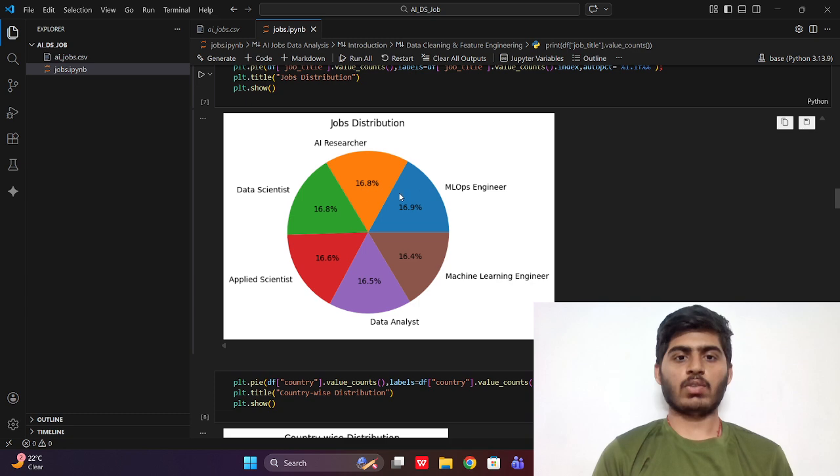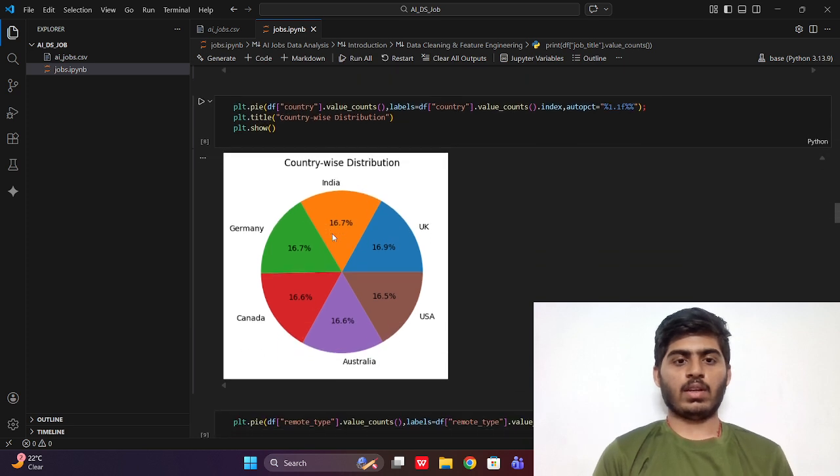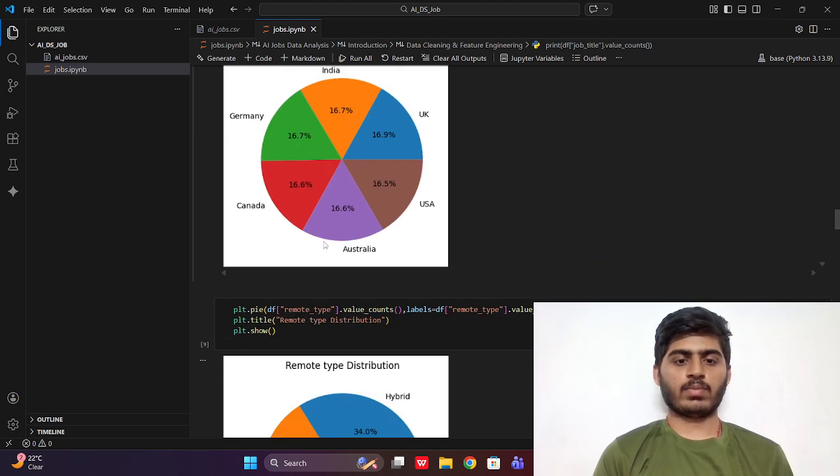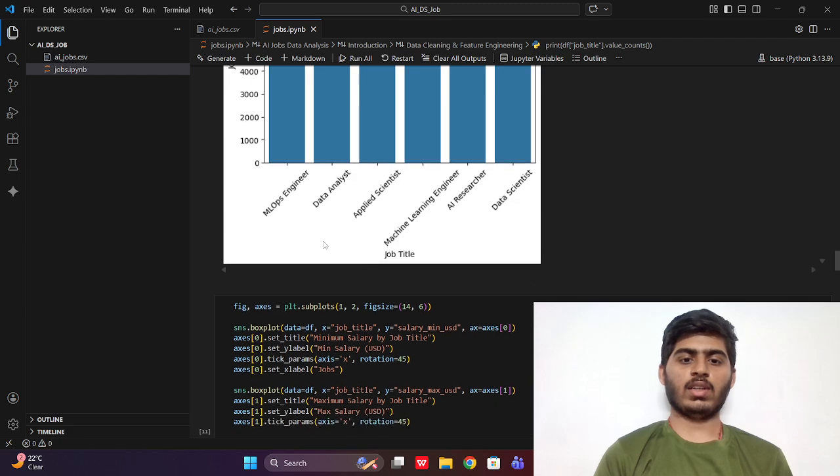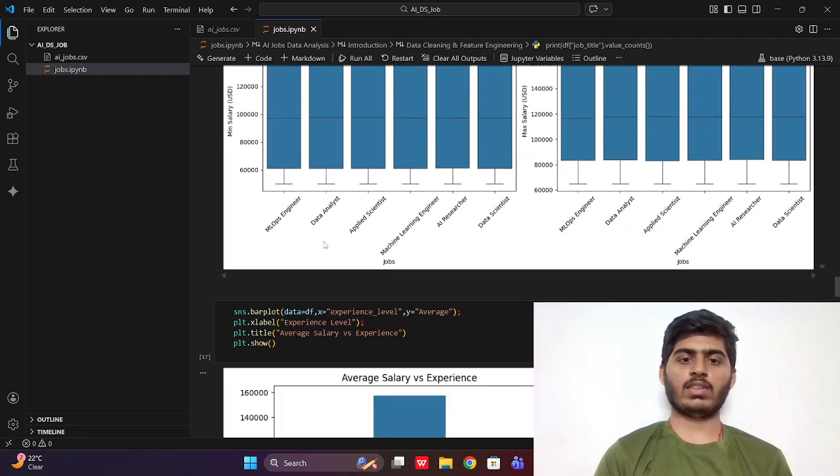But in this pie chart, as you can see, 16.9%, that is the maximum amount of job titles, is for MLOps engineer, followed by data scientist and AI researcher, which consist of 16.8%. And country-wise distribution, you can see that 60.9% of jobs were based in UK, which are followed by India and Germany. Now I have made many such plots, which makes it easier for us to visualize the data given in